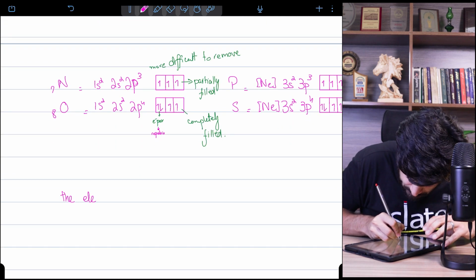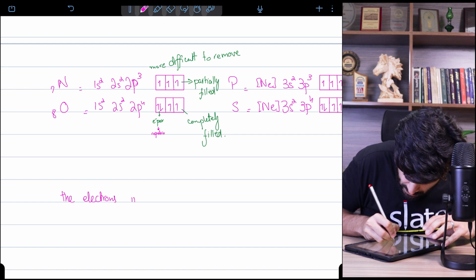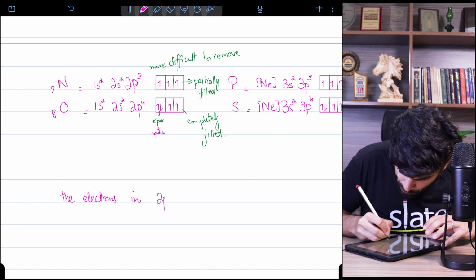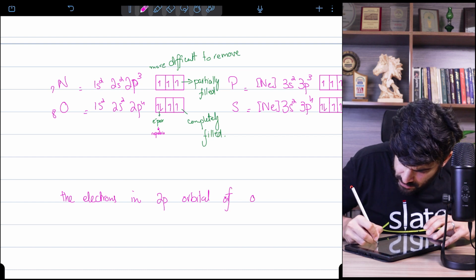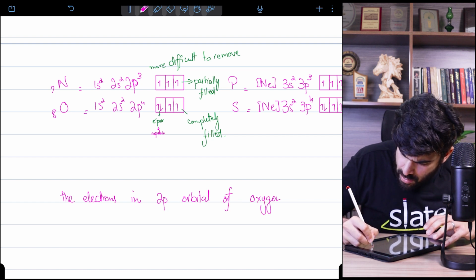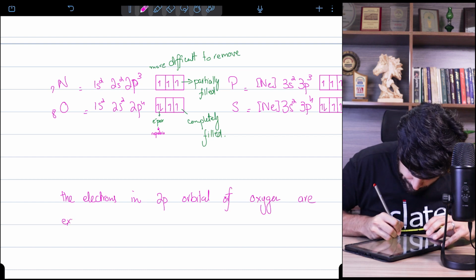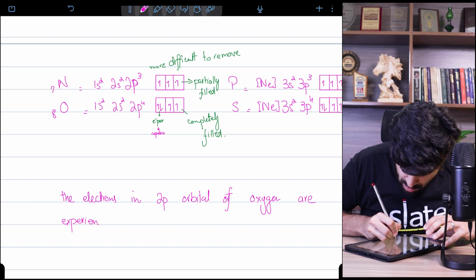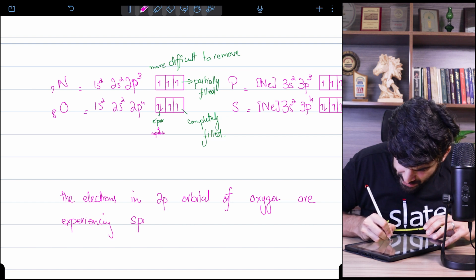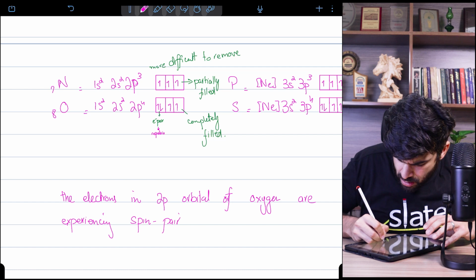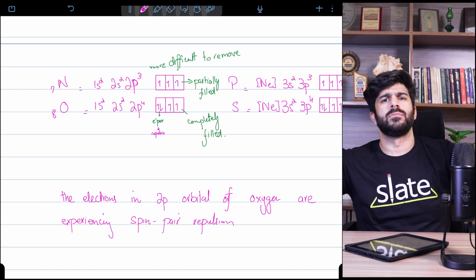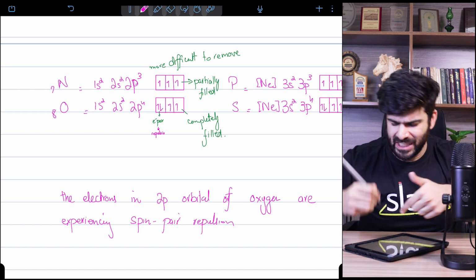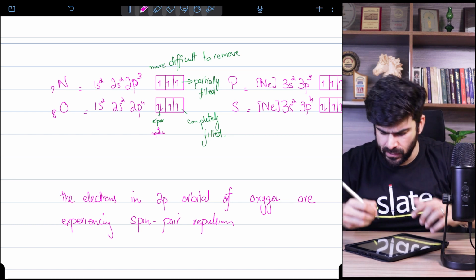the electrons in the 2p orbital of oxygen are experiencing spin pair repulsion. This term is very important. This is a fixed answer. They're experiencing spin pair repulsion,